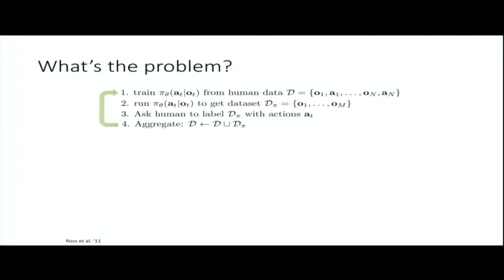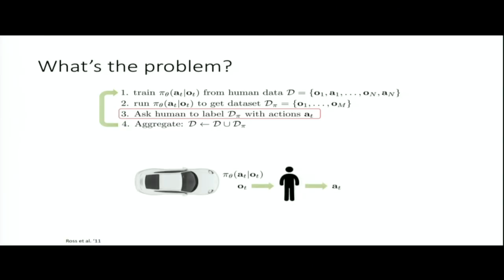Yes? You're asking for a lot of humans' time. Yeah, so we're asking for a lot of human labeling time. And in particular, it's this third step that's problematic. Not only is it a lot of labeling time, it's actually a little trickier in some situations than just getting raw demonstration data. If you just want data of somebody driving, you just put them behind the wheel and they'll drive the car. But here you specifically need them to label the particular observations that you collected. And people aren't necessarily going to be very good at that in all cases. So